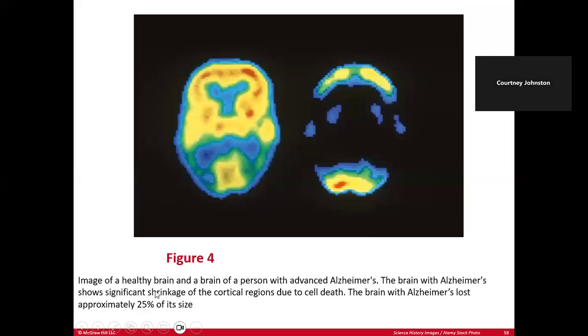All right, this is an image of a healthy brain on the left and somebody with advanced Alzheimer's. You can see that there's major shrinkage in, again, all of the cortical areas, just not even there. And the brain with Alzheimer's lost about 25% of its size. So even in regard to brain volume, again, it is extraordinarily small compared to the normal brain as a result